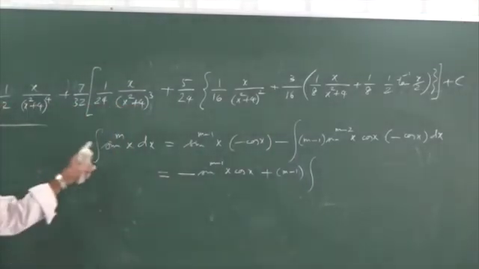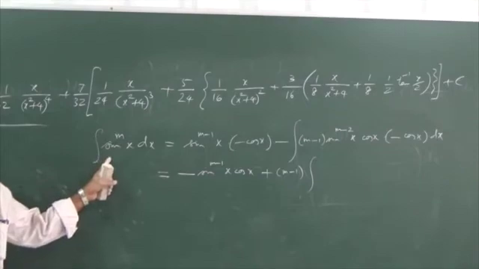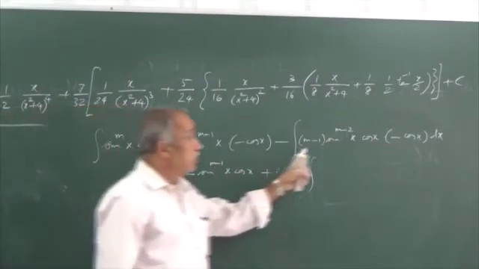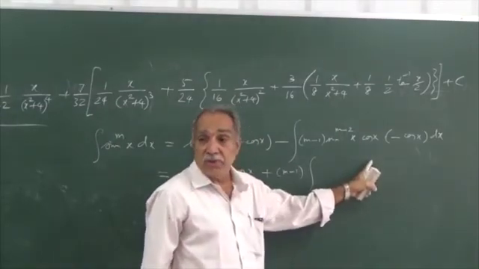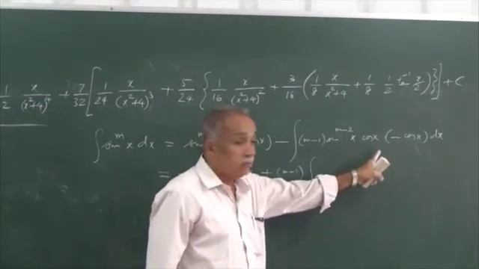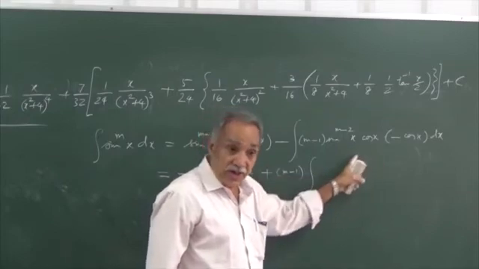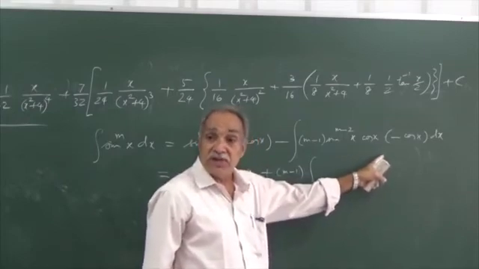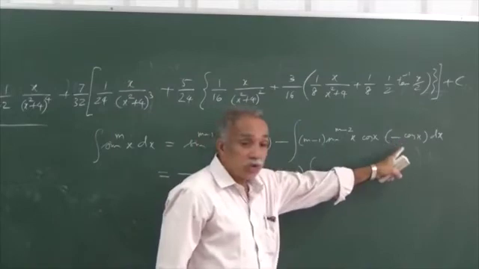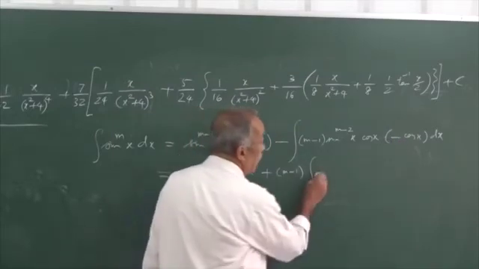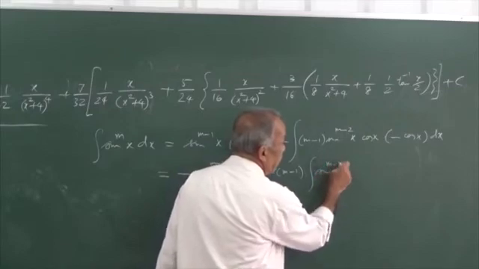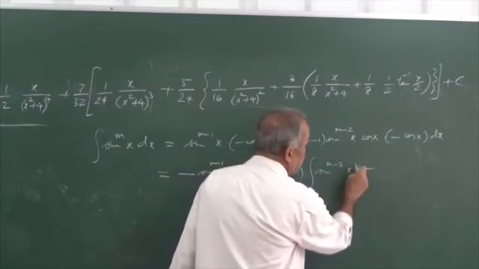In the original form, we had only sin. In this reduced form, I am having both sin and cos, which is certainly not preferable. Change the form of the second factor. Try to obtain this as a function of sin alone, writing cos square x as 1 minus sin square x. We will get integral sin power m minus 2x dx